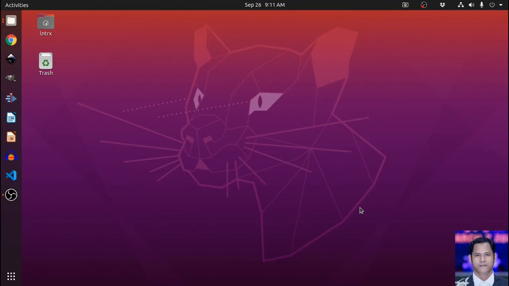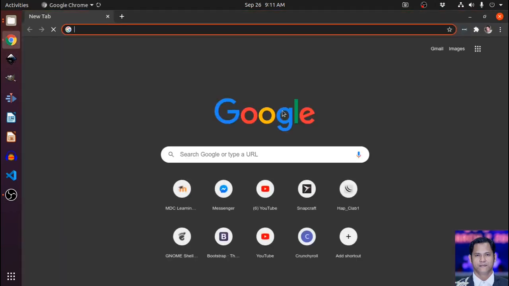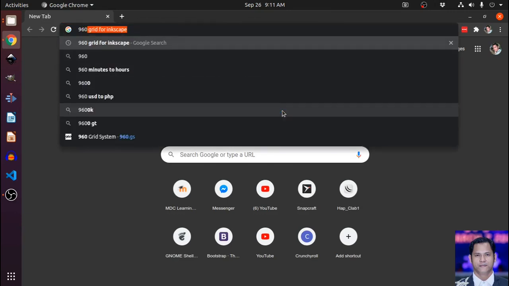Okay, so just like any other endeavors, you need to do some preparations in designing your mock-up. First, you can go ahead and open up Google Chrome for this. What we want to use here is a grid template that will allow us to put our shapes according to exact dimensions based on a standardized 12 column page design. To do this, we are going to search for 960 grid system,